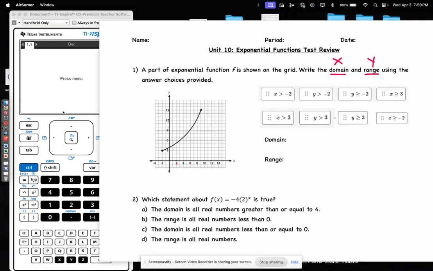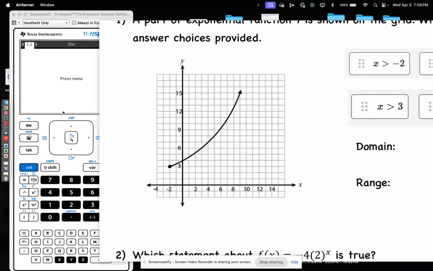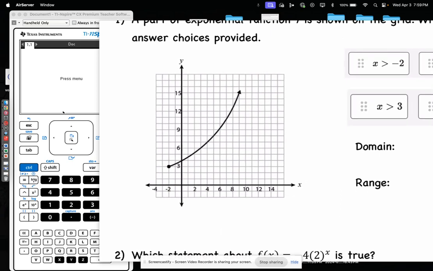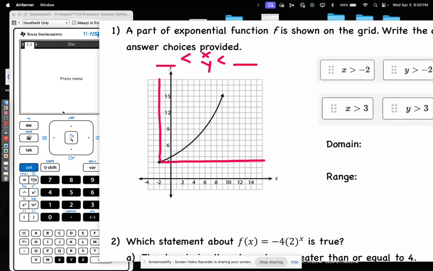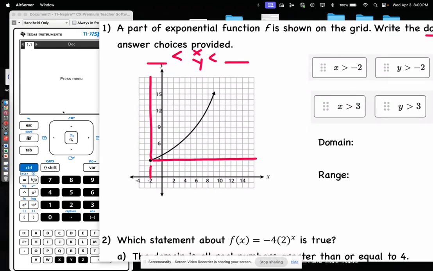When you're looking at this, it may help to think: we have our lowest less than our x, or our y less than our highest. And remember, we can look at those borders. We have a left, right, up, down border. So when we're talking about domain and we're looking at our x, you can see that in fact we have